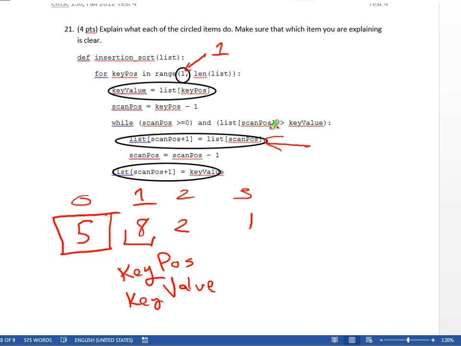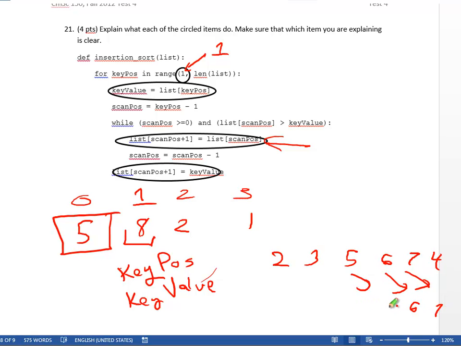Next up, I've got this list. As we do this, as we scan, really what ends up happening is that I keep shifting numbers up. So if I've got a list of numbers like 2, 3, 5, 6, 7, and I'm inserting a 4, I will shift the 7 up, shift the 6 up, shift the 5 up until I figure out where the 4 goes. Therefore the 7 will go here,